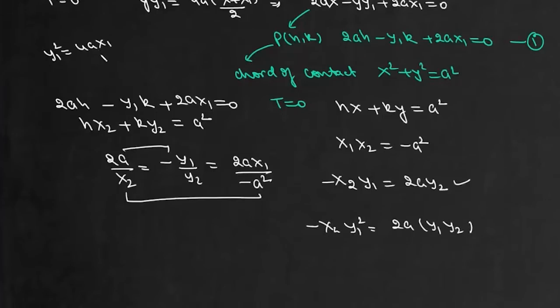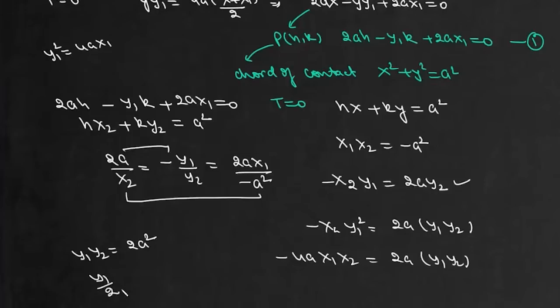Now y1 square is 4a x1, so this is minus 4a x1 x2, equal to 2a y1 y2. Now x1 into x2 is minus a square. So here y1 y2 is equal to 2a square. Now we can rearrange this as y1 upon 2 into y2 equals a square. That is, y1 by 2, y2 and a are in GP. So this is your